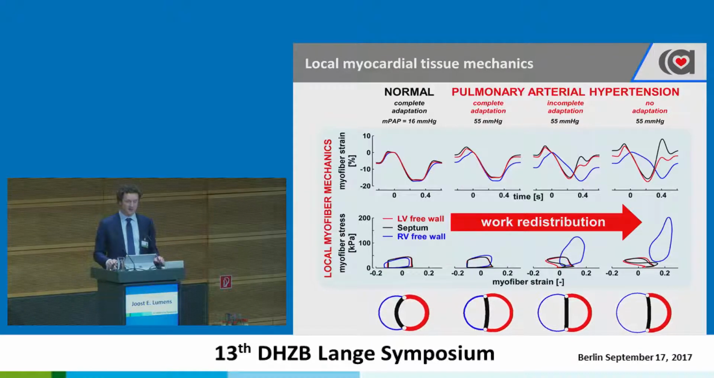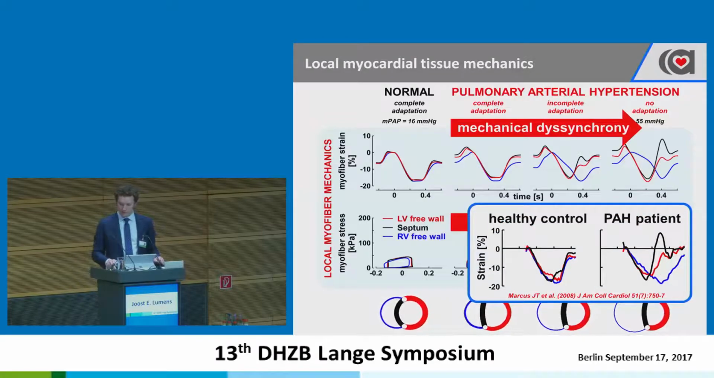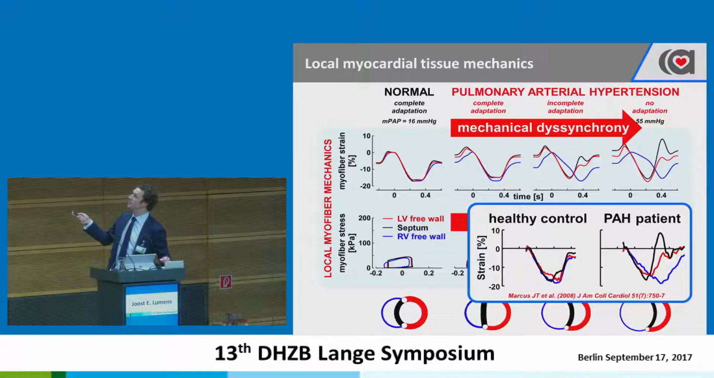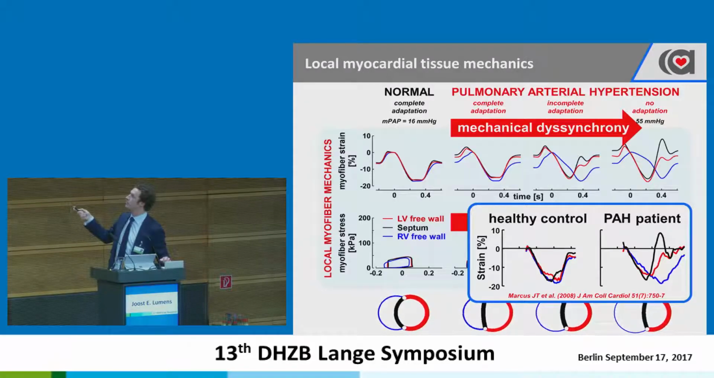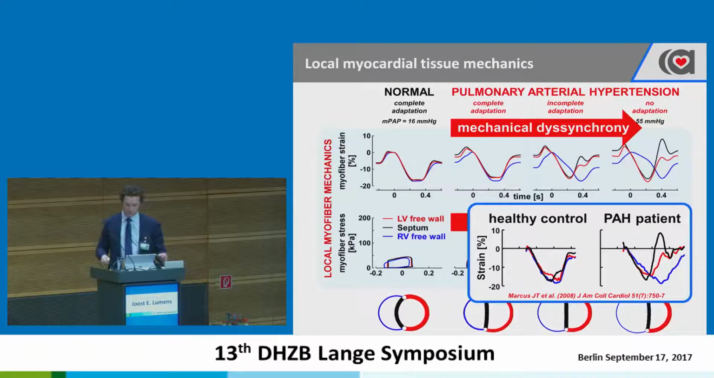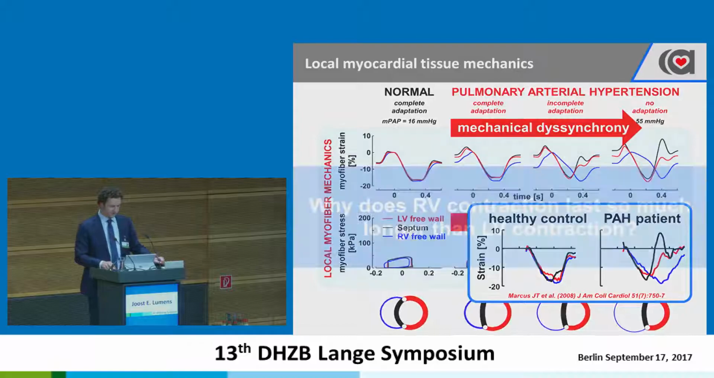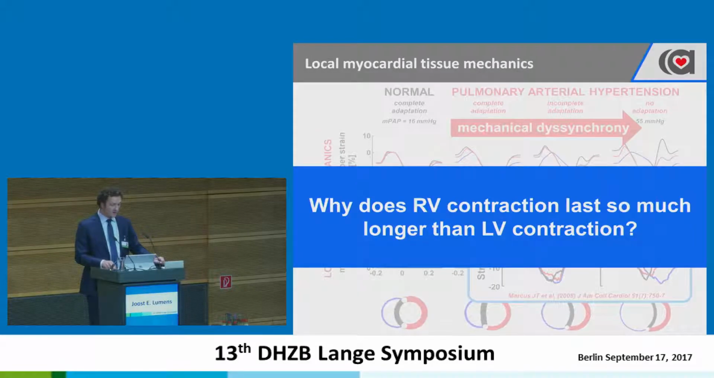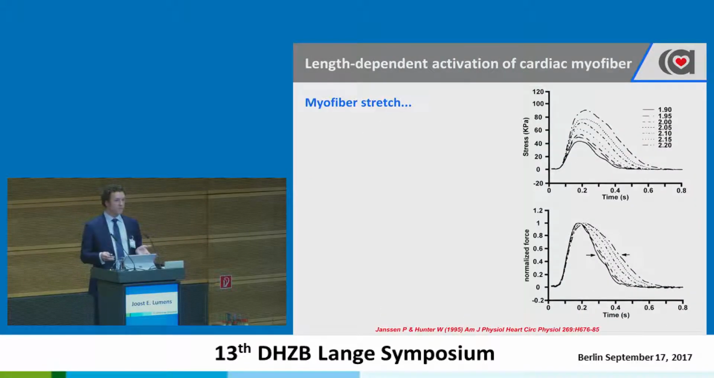And why is this? This has been shown as well by the Amsterdam group. You see these patterns in a healthy control and a PAH patient at rest, and you see those patterns look pretty much like what our model reproduces. So why is this? And that is the simple